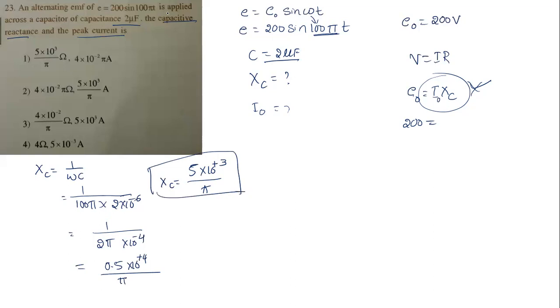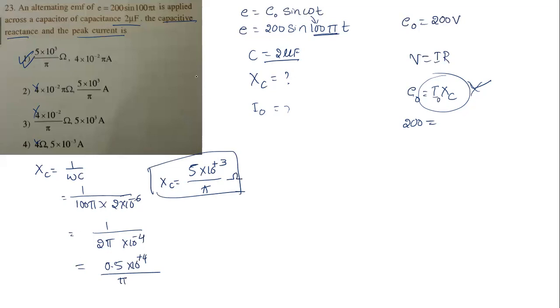So first we need to find capacitive reactance. We got this, so this is the wrong answer. This is wrong. This is wrong. First option is correct. First option is what now? 5 into 10 power 3 by 5. Of course, the unit of capacitive reactance is how much? Ohm. Okay, no need of further calculation.